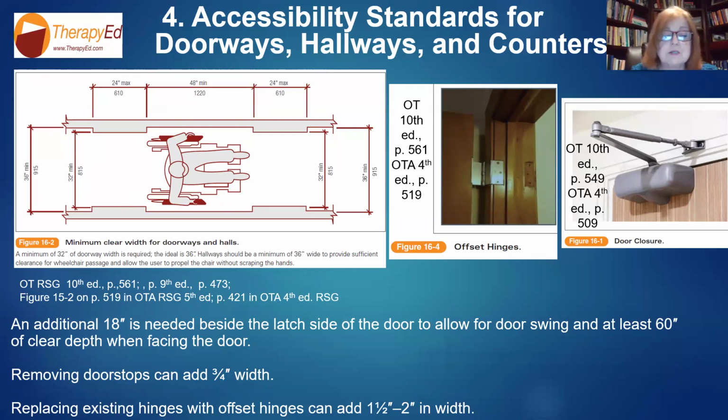Okay. The other thing to know is on the latch side of the door. So you know where a door latches, you need 18 inches so that the person can, when they swing, because you have to open the door, so your wheelchair has to go back, and you need at least 60 inches of depth to basically clear. It's hard to describe this via Zoom, and one day I'll have to do a video. But if you ever open a door in your house, maybe with a rolling chair, if you don't have a wheelchair, you can see why that's important, because you have to back up with the chair as the door opens or move forward.